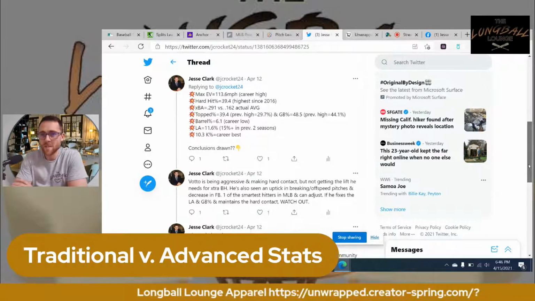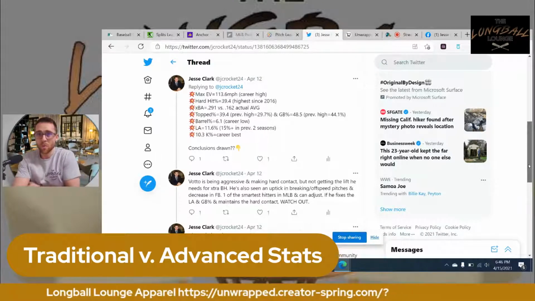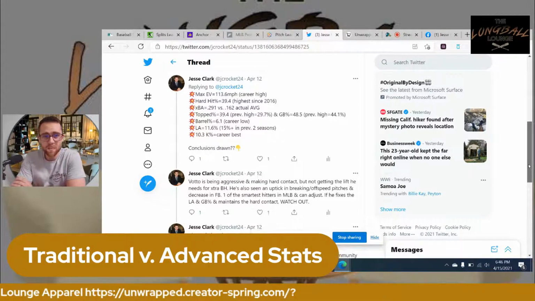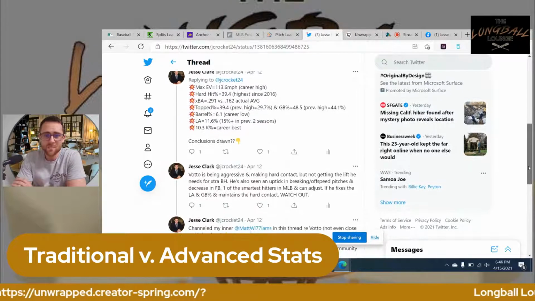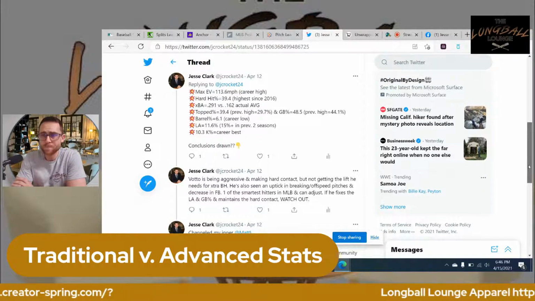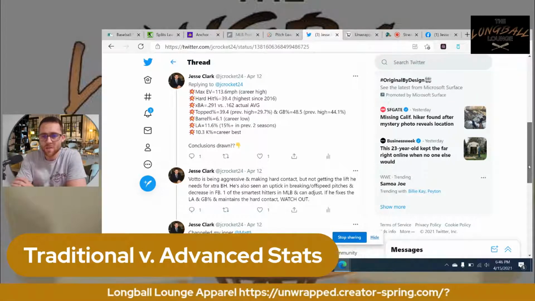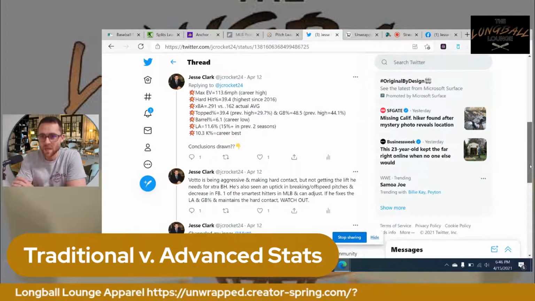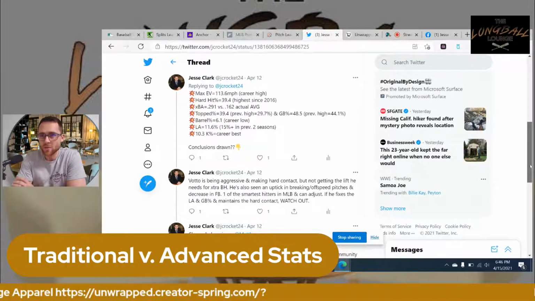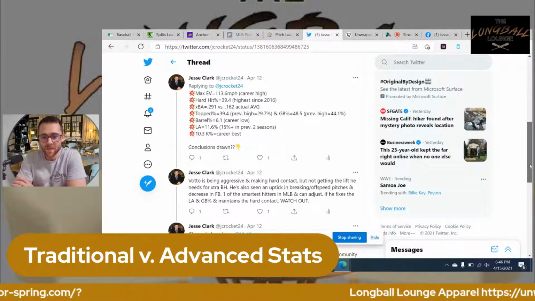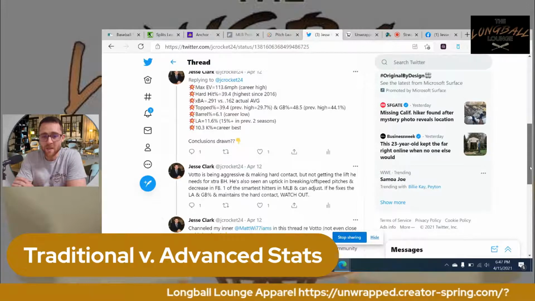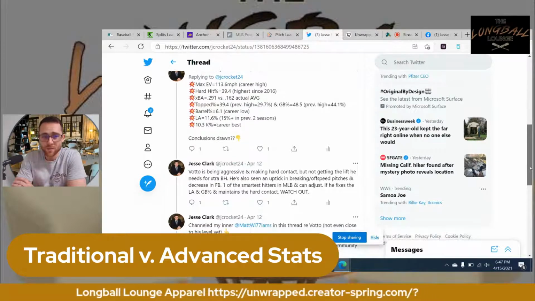What you really care about is obviously the doubles, triples, home runs that are caused by this max exit velocity. The traditional average exit velocity doesn't give us a whole lot of data, because we're caring about the balls that he's able to elevate, hit in the air at a high speed, which are most likely going to do damage.